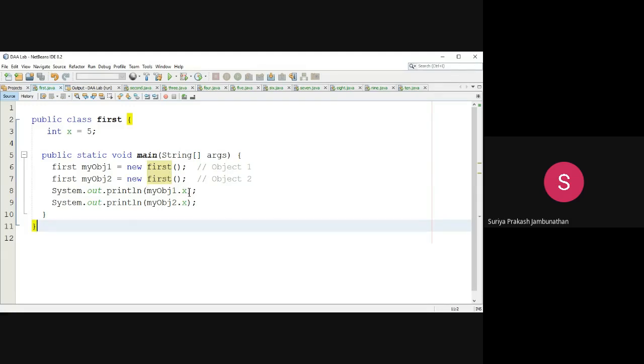So next to this, I am calling the variable x equal to 5, which I created outside of this main function. That particular variable I am calling with the use of the object. So with both objects, I am using obj1.x. What happens? It will just retrieve the value x through object 1 and print the output as 5. The same way I am printing obj2.x. So here the same value x will be accessed and displayed as output.